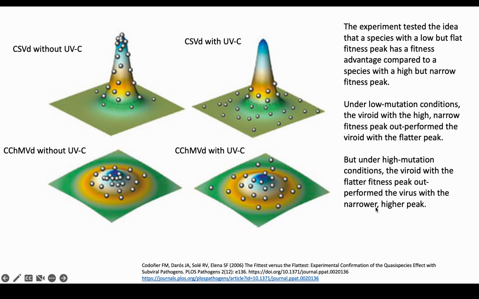So isn't that neat? It's a viroid, and it is comparing a flat quasi-species with a very pointy quasi-species. And this is actually a situation where under UVC, ultraviolet C selection, the flatter quasi-species actually does win. Survival of the flattest, demonstrated right there. And so, this is both a quasi-species concept. Survival of the flattest is definitely one of those. And since we're doing it with viroids, it's a viroid concept and would be very good in a viroid discussion.